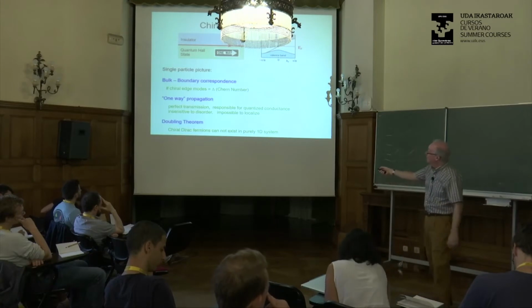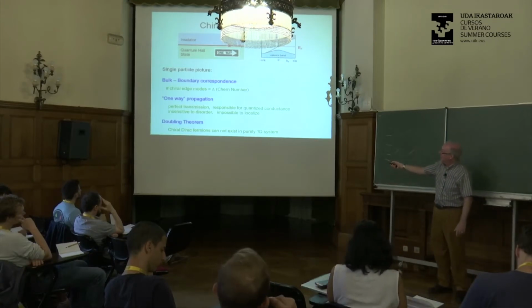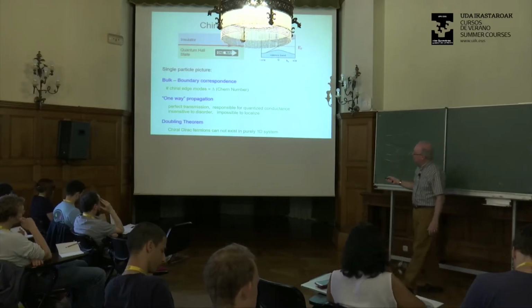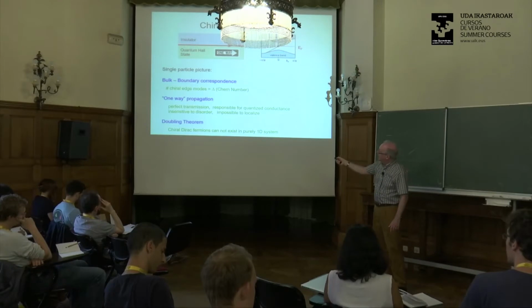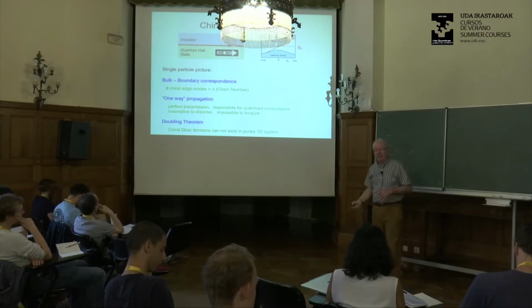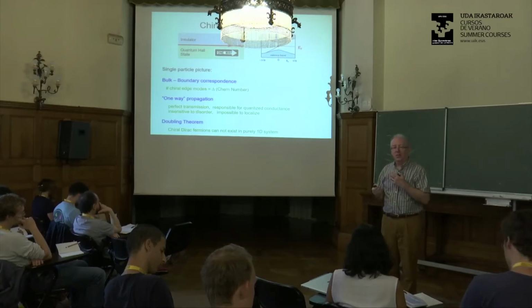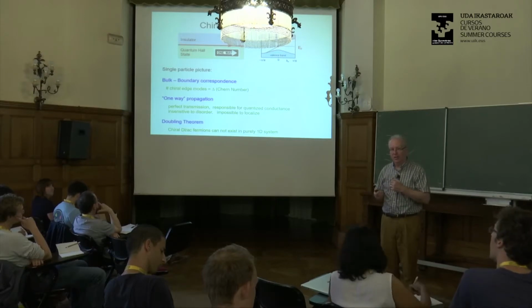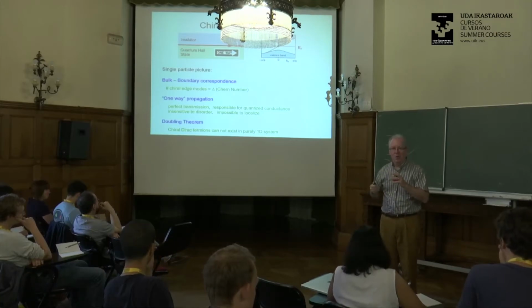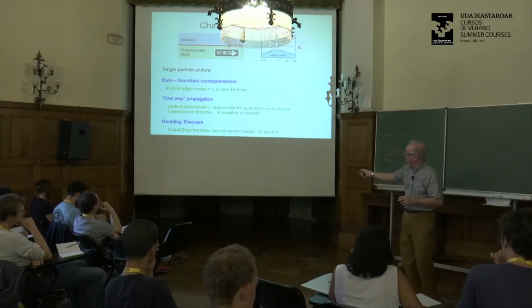Okay, and so that's what happens. We have this one-way propagation, and this means that if you put in an electron over here, with 100% certainty it's going to come out here. And it's this fact that underlies the phenomenally precise quantization of the Hall conductivity that's measured in the quantum Hall effect. The Hall conductivity is something you can measure to 1 part in a billion, and it's coming because of this perfect transmission.